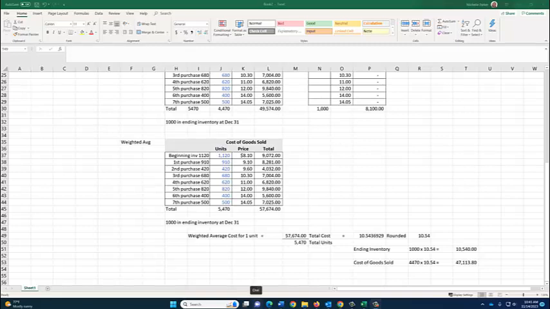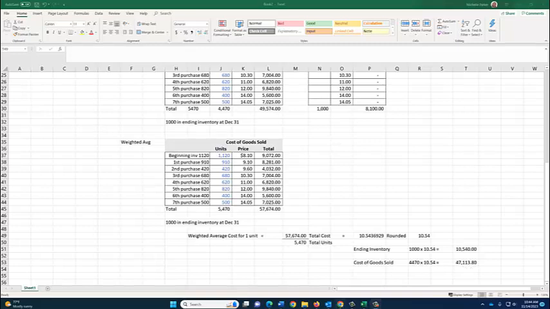Then for the cost of goods sold, we took the number of units sold, which was 4,470, and if you're not sure how to get that number, if we had a total of 5,470 units and we still have 1,000 that we didn't sell, that means we sold the difference. We sold 4,470 units. And if we apply the